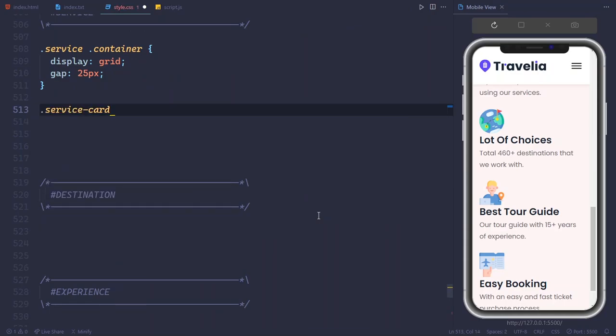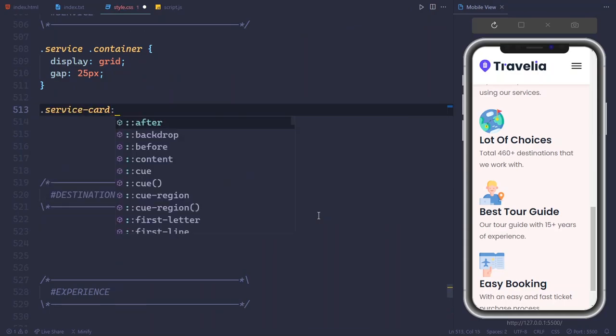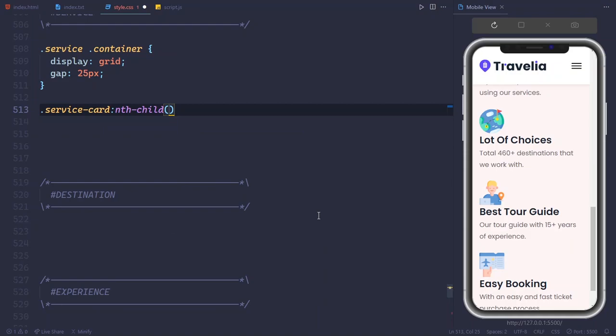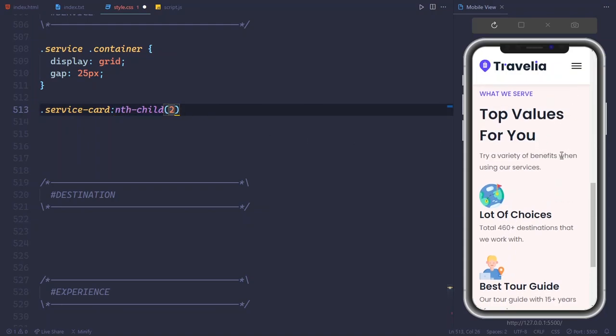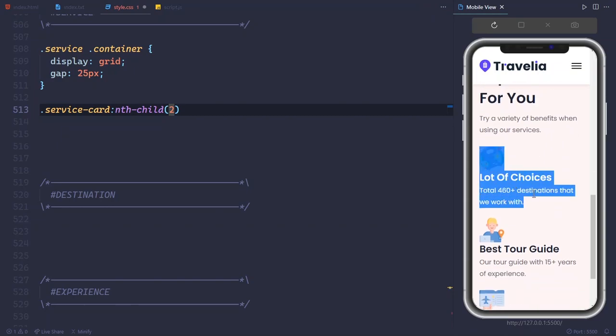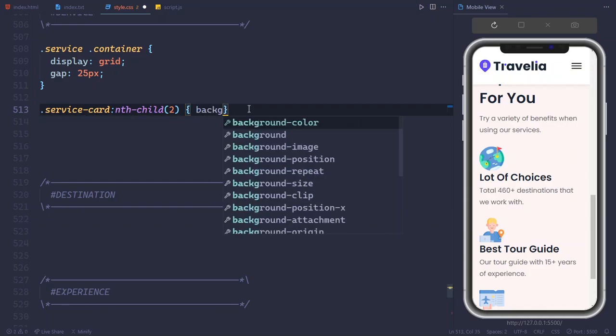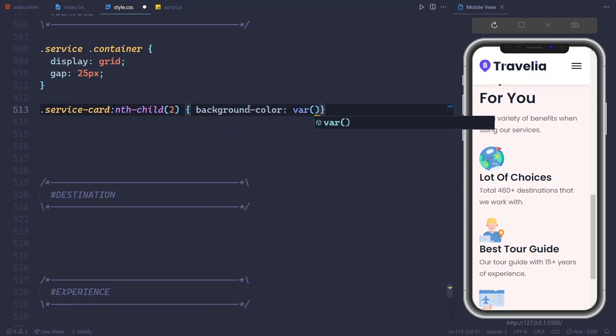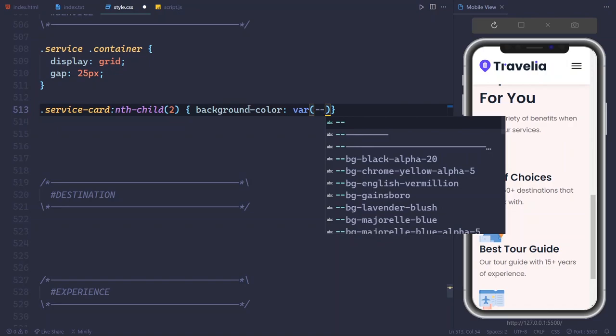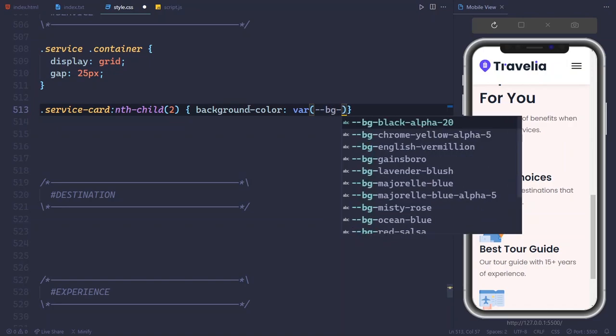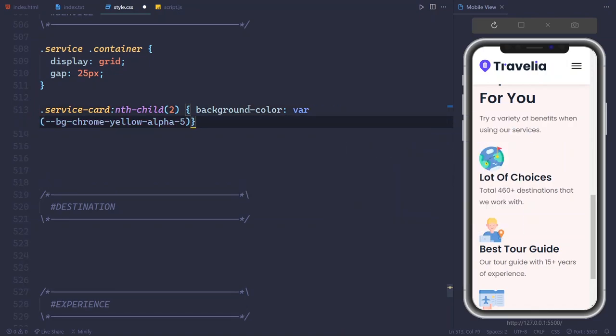and child, this is pseudo class, and child 2, which is this one, and first child is the wrapper, and second child is this card. So for this card, background color will be var bg chrome yellow alpha 5,